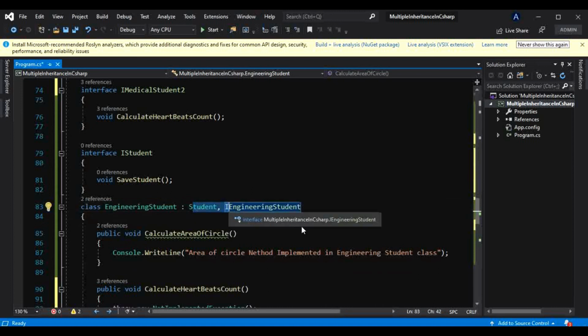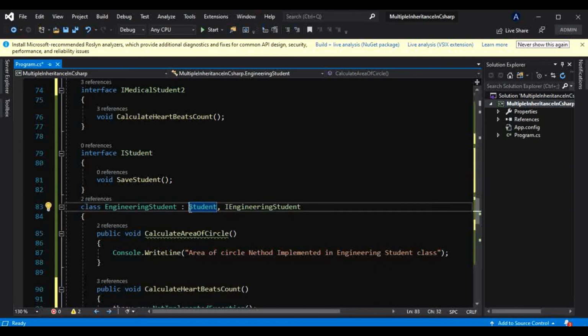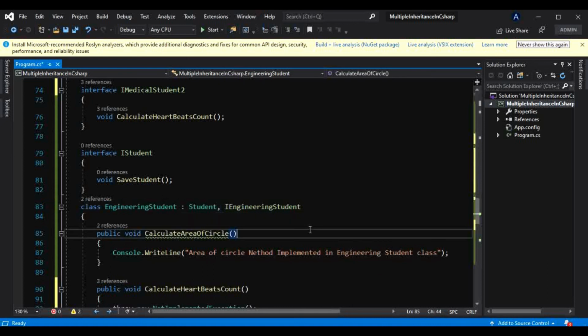That's nothing but where the deadly diamond occurs, because that derived class has to invoke its base class constructor, and in case of multiple classes there is an ambiguity about which base class constructor this derived class should invoke, and that is the problem that occurs with multiple inheritance in case of classes.